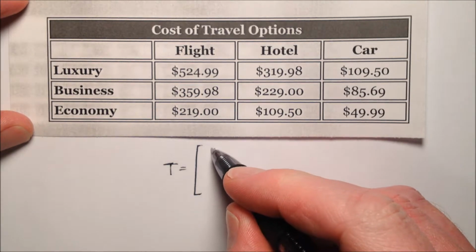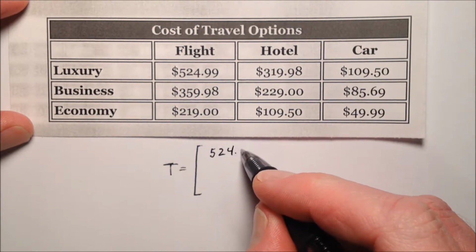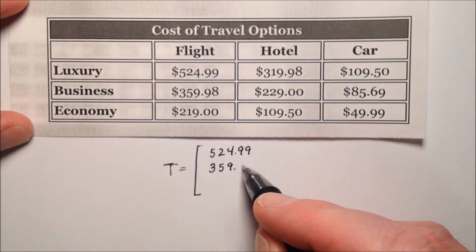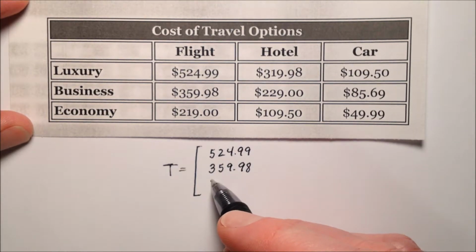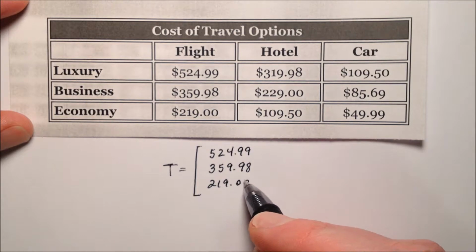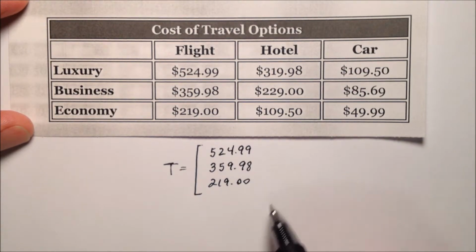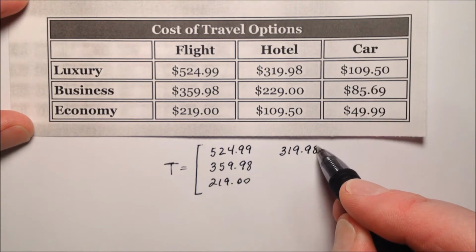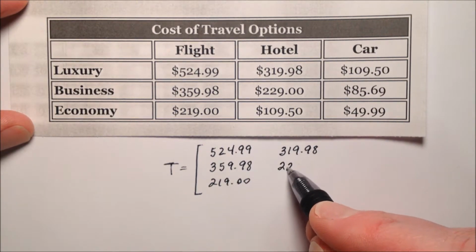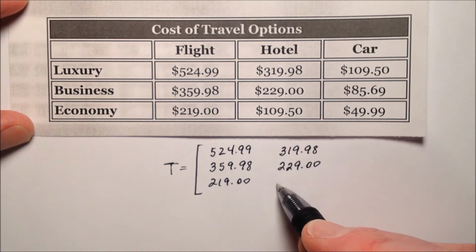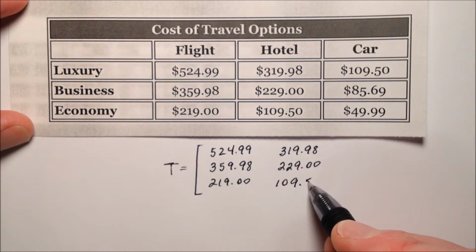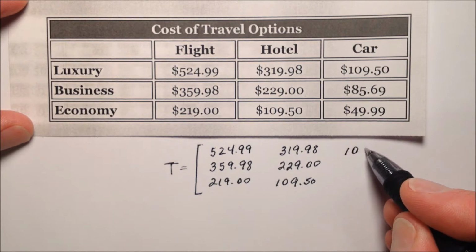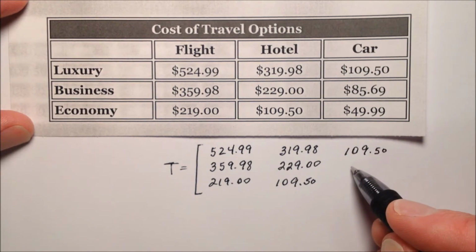So my flights will be $524.99, and that's going to go with my luxury, my business, and my last one is $219 for my economy, and that'll be my first column. My hotel information will roll just like this with luxury, business, and economy. And finally, my car information, again, luxury, business,